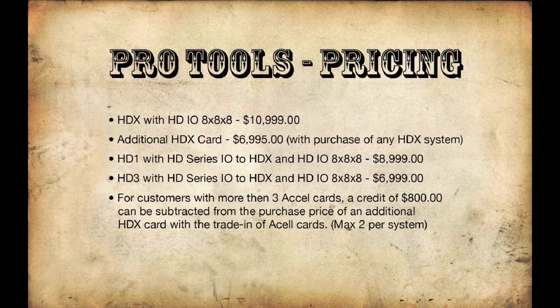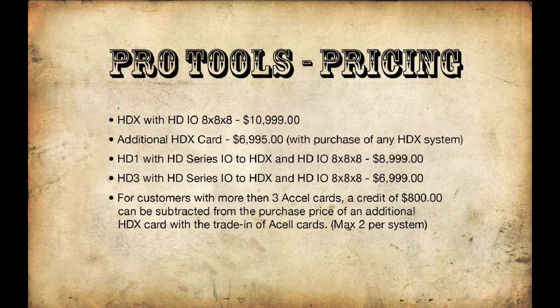Now, one thing we haven't talked a lot about yet is the HDX cards coming out. Very excited about that. I've heard nothing but good things from the people that got the advanced releases of the HDX cards. I've heard two differing talks on the horsepower. I hear a single HDX is similar to an HD3, but I'm also hearing it's 5 times as powerful as an HD1. So is it an HD5 or an HD3? Is it 5 times as powerful, 3 times as powerful? I've been sticking with comparing it to an HD3.